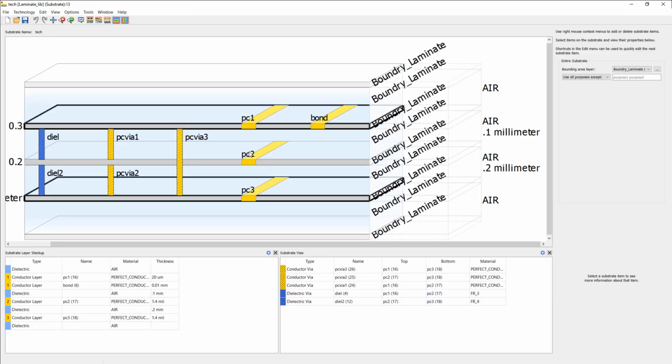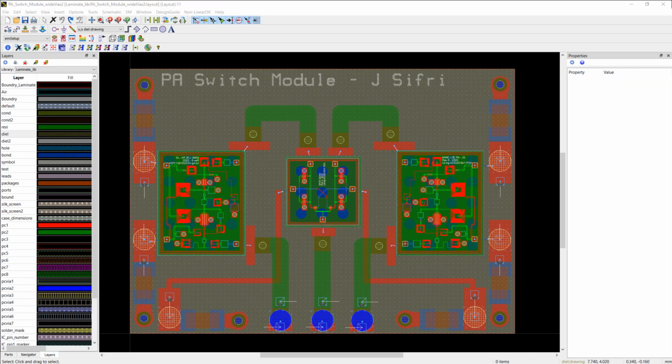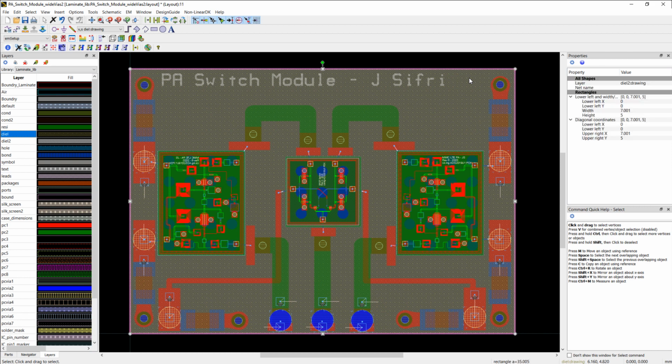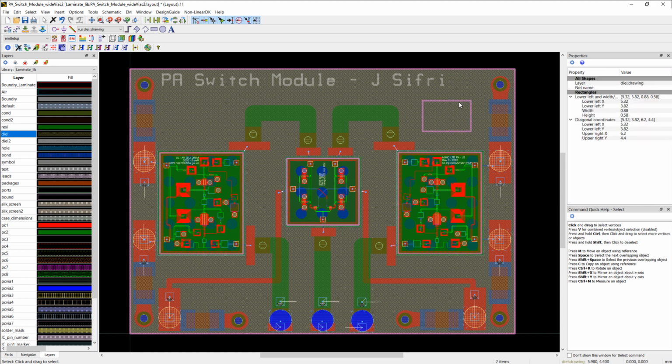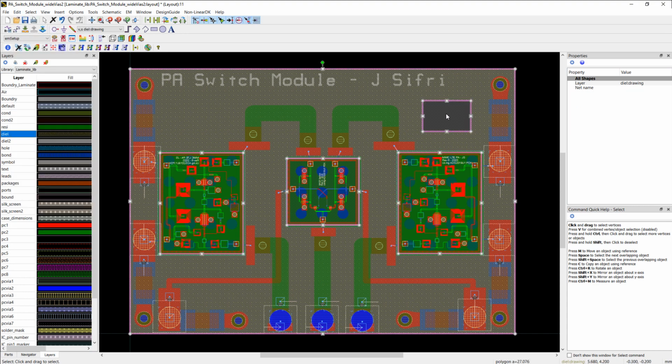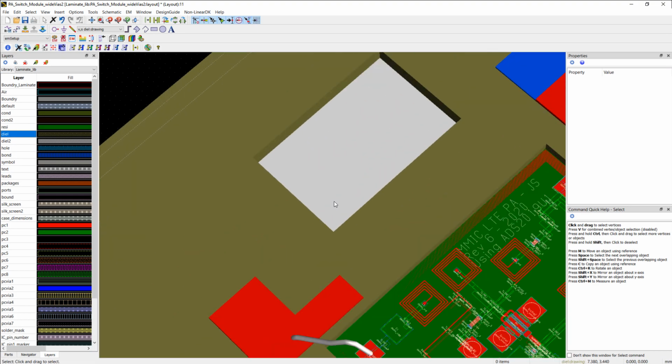This is the substrate. Notice I had to cut a hole or a well in the top dielectric layer in order to insert and place all 3 ICs onto the PC2 layer. And this is how I made the holes or the wells into the substrate. I just draw a rectangle cut in the dielectric layer and I select all the shapes in that dielectric layer, and then I use the merge union minus intersection command to create that cut. And here's a 3D view that shows the cut and the assembly.